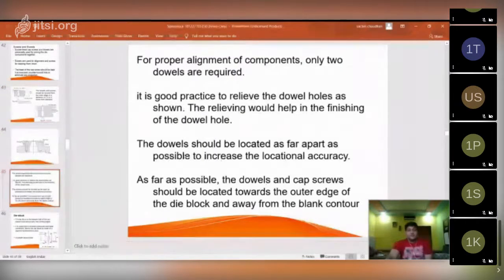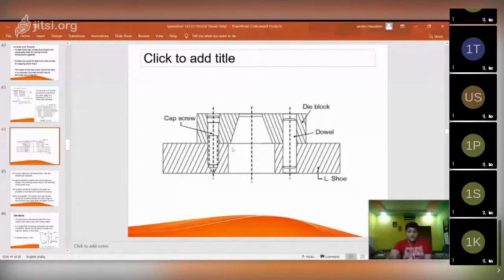So this relieving helps in finishing the dowel hole, so that it gets properly aligned and easily inserted into the dowel hole. Dowels should be located as far apart as possible to increase the locational accuracy. The location of this dowel and screw should also be as far as possible from this die opening,